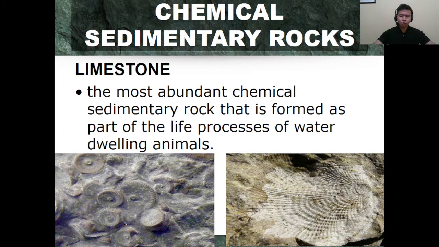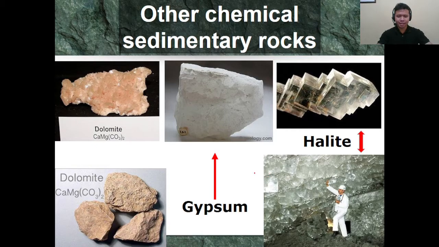Okay. Next we have halite. Okay. So sodium chloride was combined together by the water with another sodium chloride. So I would like to emphasize halite here. So halite is considered to be as salt. Okay, so we also have other chemical sedimentary rocks such as dolomite, gypsum, and halite. But I would like to emphasize the presence of halite, meaning to say sodium chloride are combined together with the